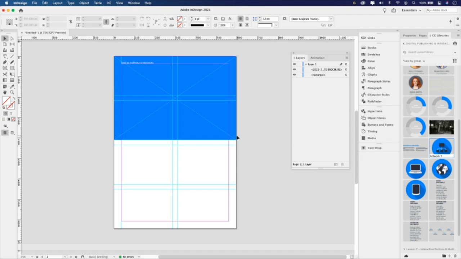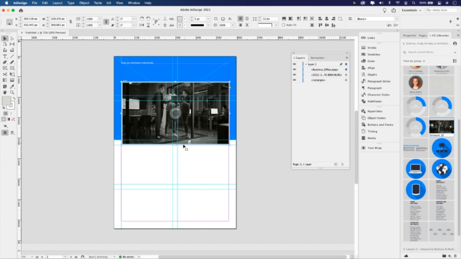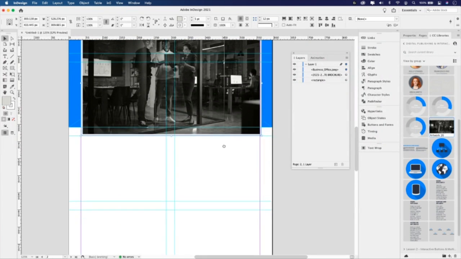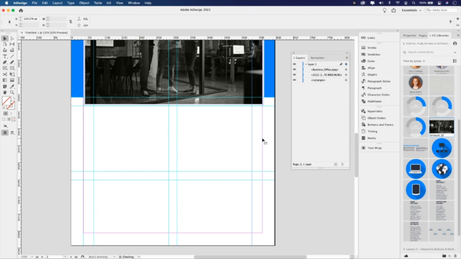For this next exercise, we're going to be using the pen tool to create custom motion paths. On this page, I'm going to bring in another piece of artwork, and I'm just going to drop it in and place it right over that background on top of that guide that I have there. I also want to bring in 2 guides here, so I'm going to bring in one and snap it to that margin, the left margin. I'm going to hold my Shift key, and while doing so, press my right arrow key 3 times, 1, 2, 3. I'm going to add another guide on the right side, hold Shift, and this time, press the left arrow key 3 times, 1, 2, 3.